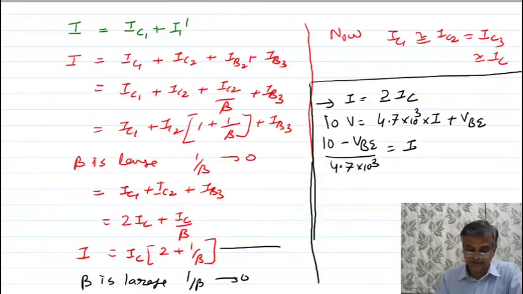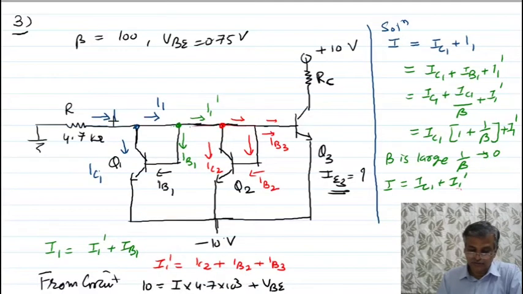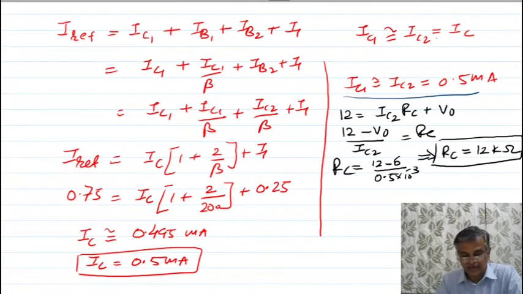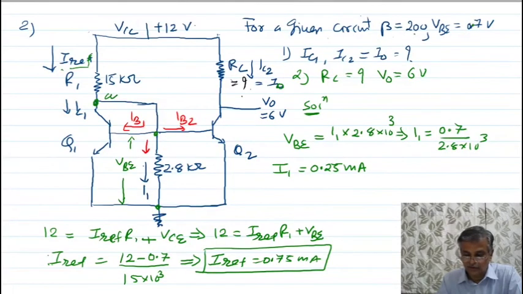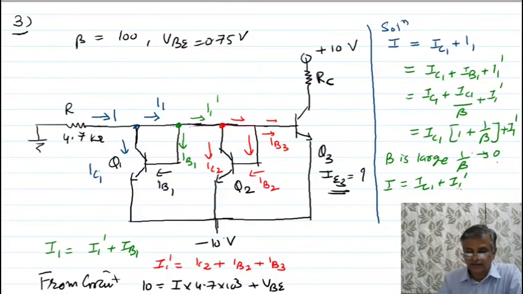So see the method. I can use 1 upon beta tends to 0 here. I told you 1 upon beta tends to 0 in the previous problem also. You can use this in the previous problem and get the answer directly. You can check, in all these problems you can use 1 upon beta tends to 0 and you can get your answer. Now here 3 numericals we have done.